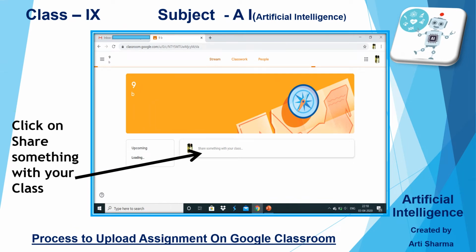Now, the most important thing, we are learning how to upload the assignment on Google Classroom. So here you can see "Share something with your class." Here you need to click, because it is asking if you want to share something with your class, you can share here.